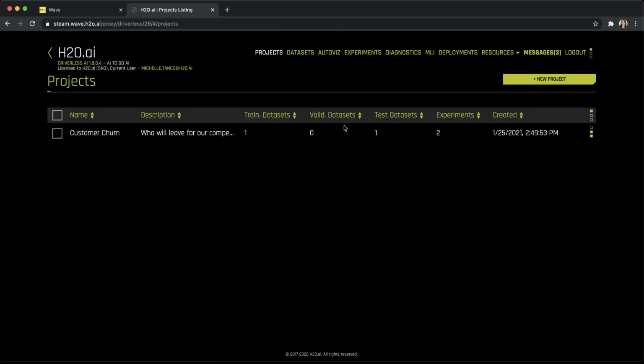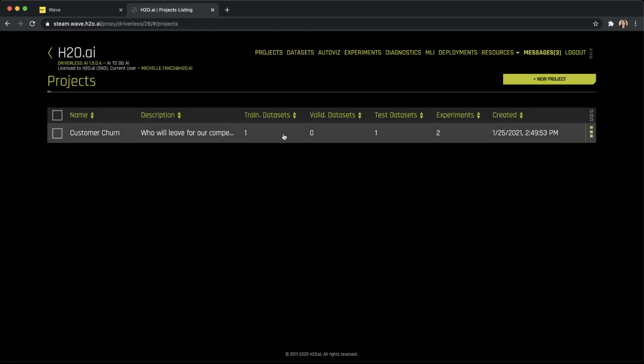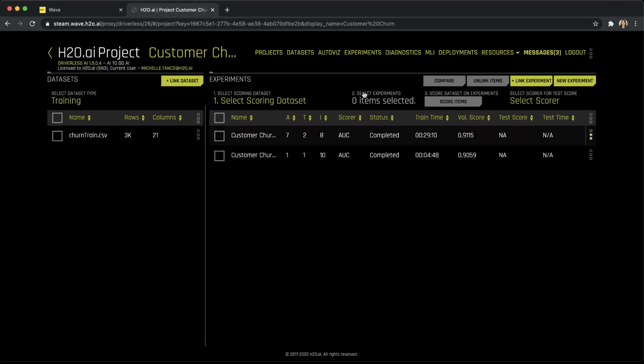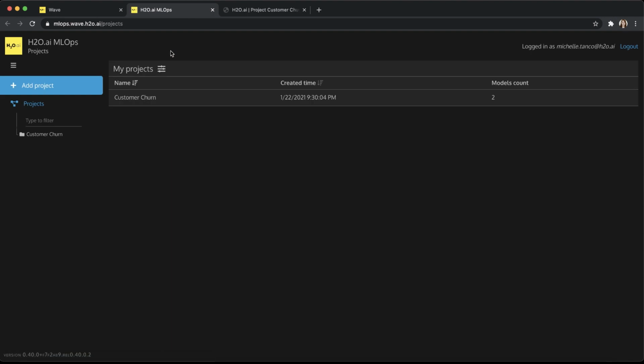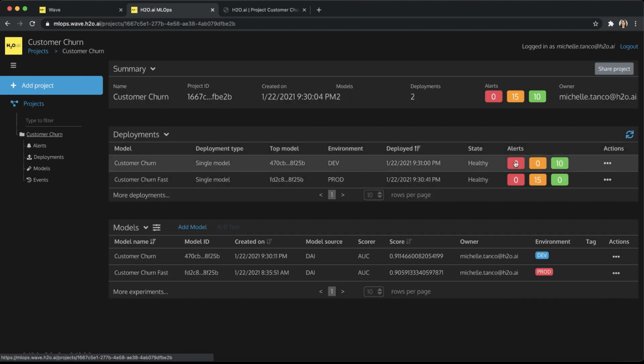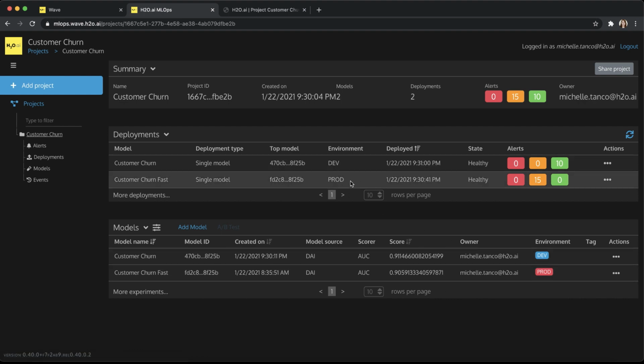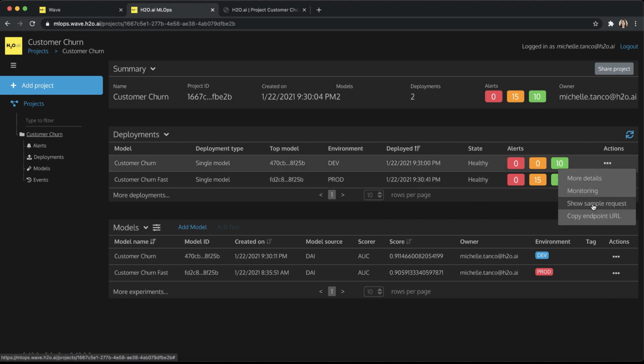We can now go to the Projects tab to organize our work for a specific use case. This project and all the experiments in it will automatically be available to our operations team in ML Ops. I have previously deployed 2 models, one to my dev environment and one to production. These models are running live as REST endpoints, and our business application can send requests to them and get back